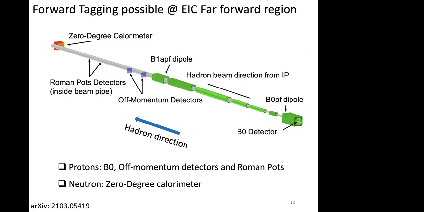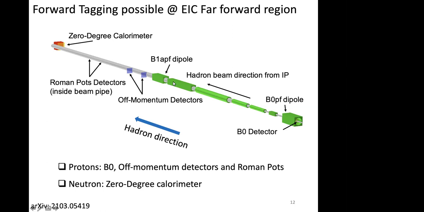So in order to detect these spectator nucleons, the thing is that they will carry almost all the momentum of the ion beam, and they travel with a really small angle along the beam line. So for the EIC, they have a specific detector region, what we call the far forward detector region. It is really far away from the interaction point,